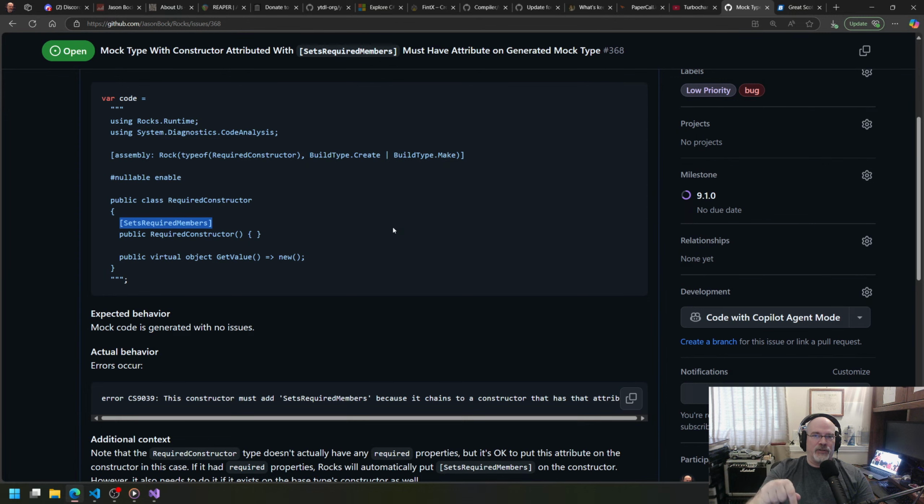If the calling constructor has SetsRequiredMembers on it, you have to put that on the constructor you have on your derived type when you're calling the base type. That's just the way it is. And the way Rocks works is it only generates constructors for each constructor that's callable in the derived type. Maybe the type has a private constructor for whatever reason. I won't generate a constructor for that because my derived type can't see it. But if I can see it, I generate an instance call that will turn around and create the new mock